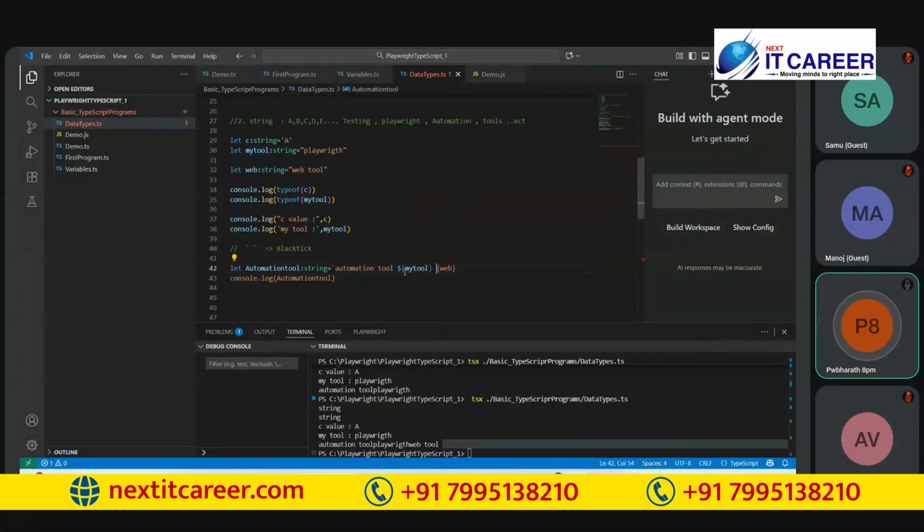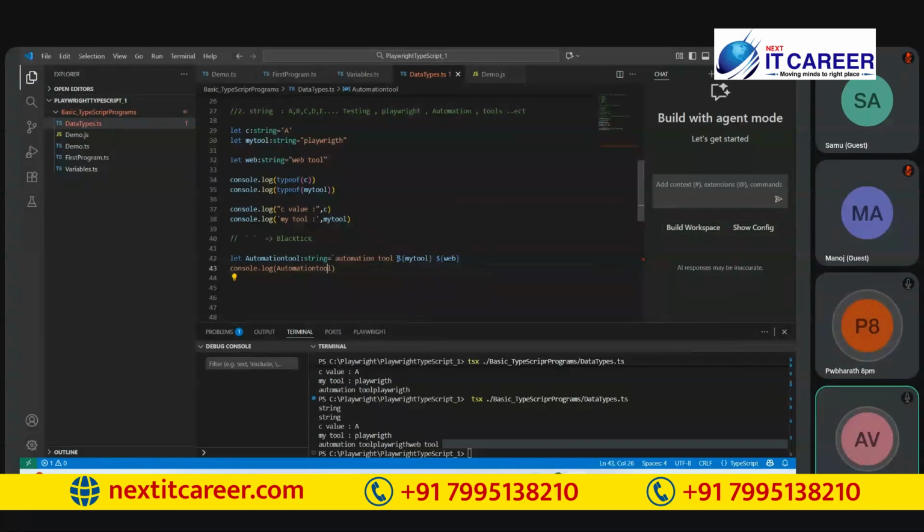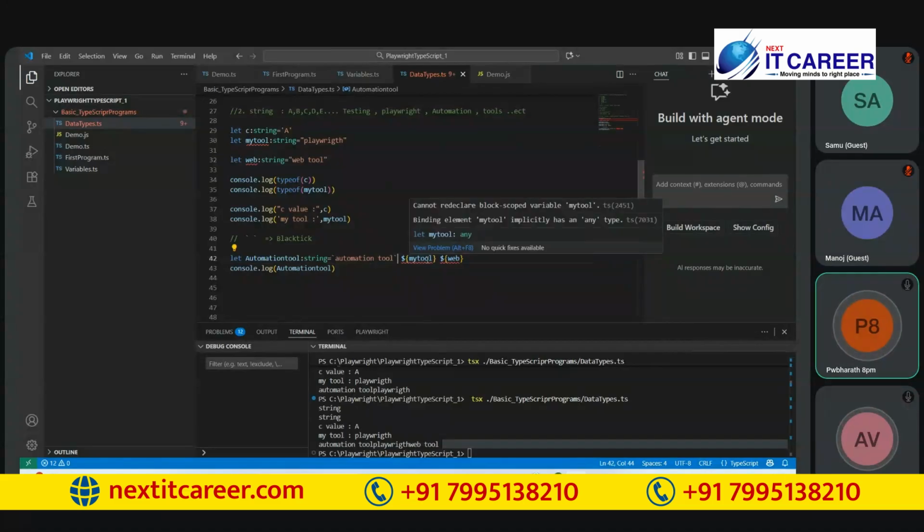This is the way also we can do the concatenation. Is it clear? We have to close at the end too. Yes, like this also we can do.